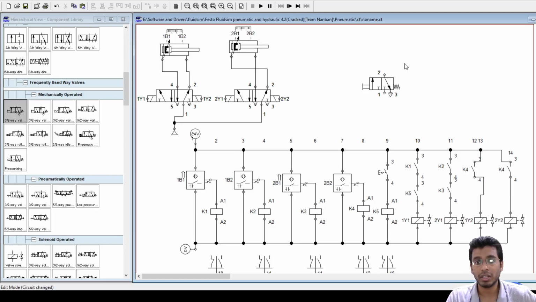Yes, sir. Okay, because see, in your pneumatic section, what are all your control elements? What are you controlling? You are actually controlling your pilot line, right? So when you push this, you have your pneumatic signal that flows. In pneumatic and hydraulic systems, your signals are themselves pressure lines. However, here your signals are not pressure lines, because finally, how are these valves going to get actuated? These valves are going to get actuated through electrical signals, because you have solenoid valves at the end of these two valves. How will the solenoid get controlled? The solenoid will get controlled through the electrical part. So that means all your logic will come to your electrical portion.